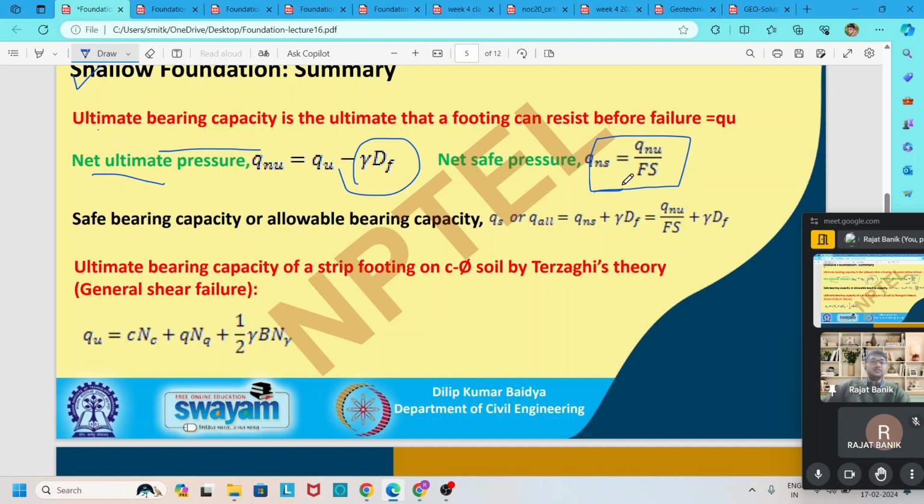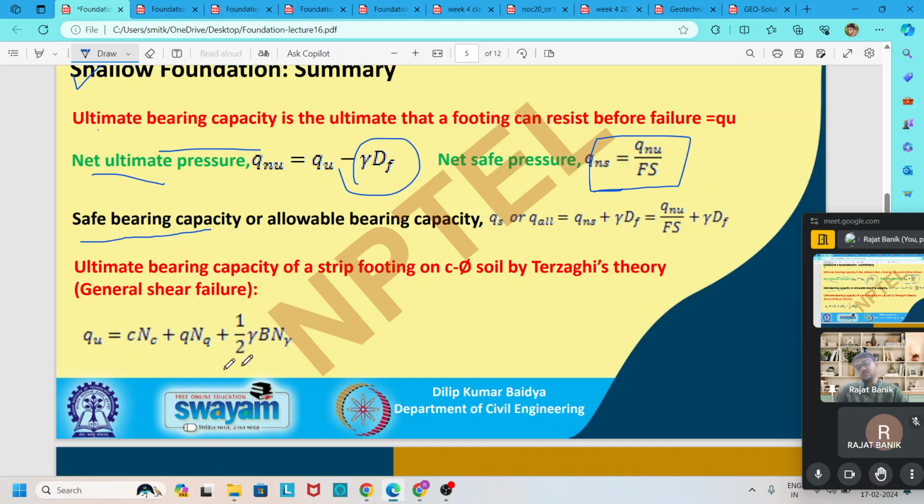To overcome these uncertainties, we use a factor of safety. If you apply the factor of safety on the net ultimate pressure, this is called the net safe pressure. Then after getting the net safe pressure, if you add the surcharge,